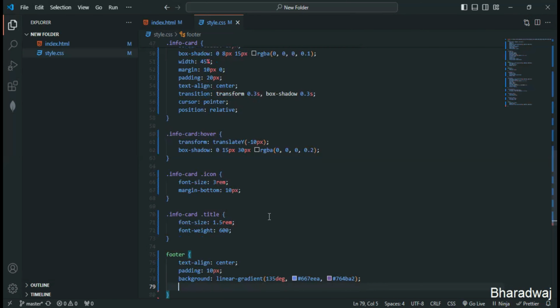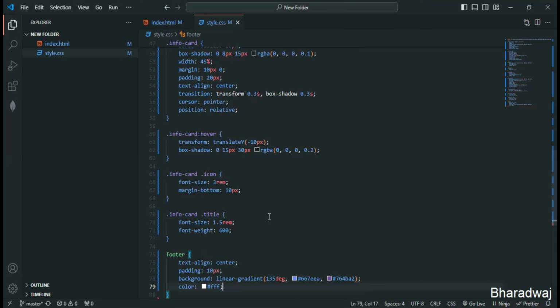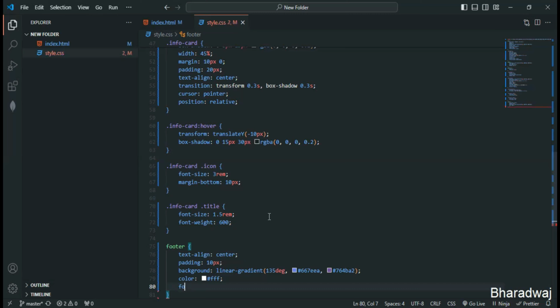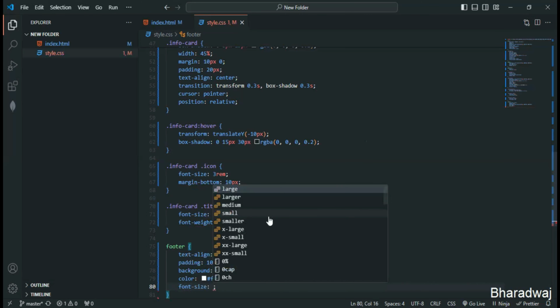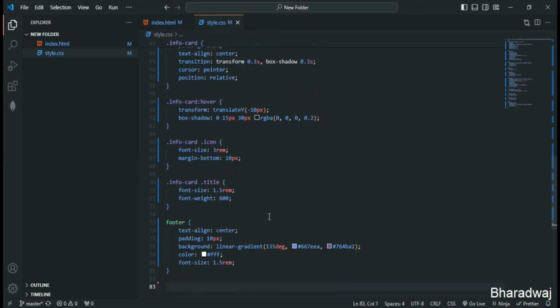So yeah, next let me make use of the color white. Also font size of 1.5. Next, let's style for the